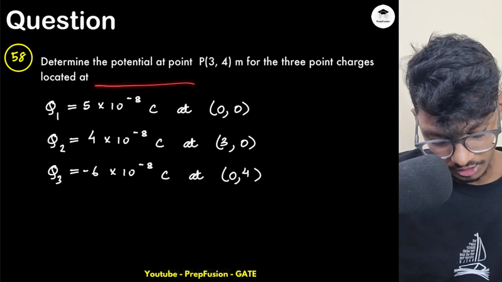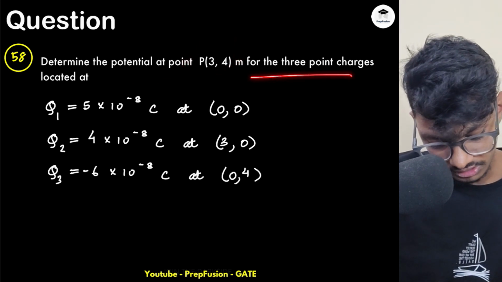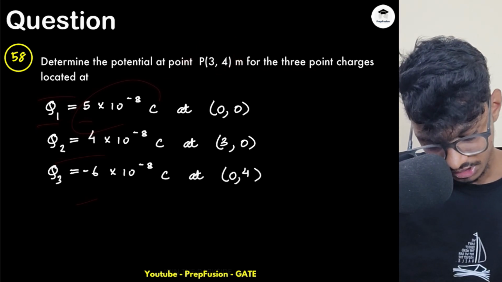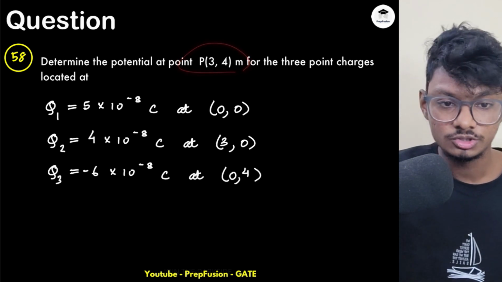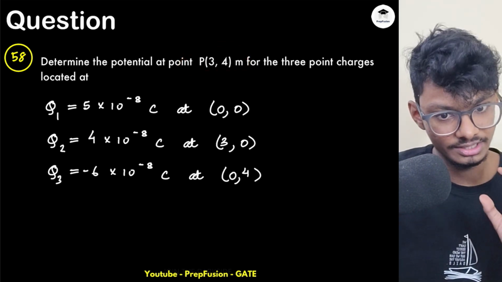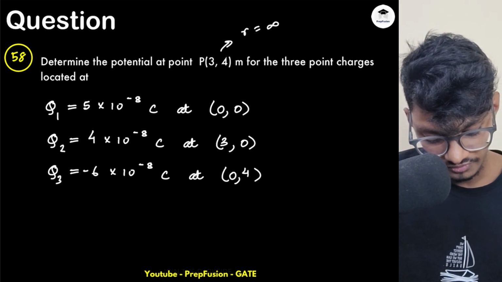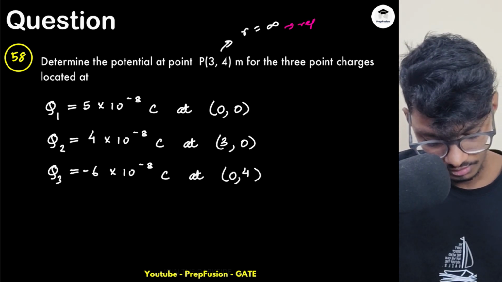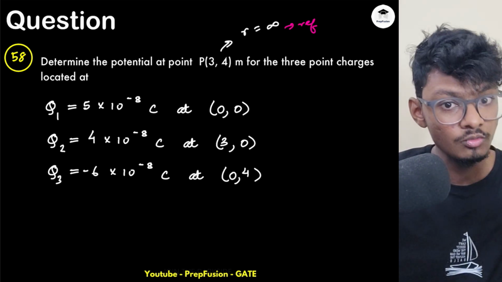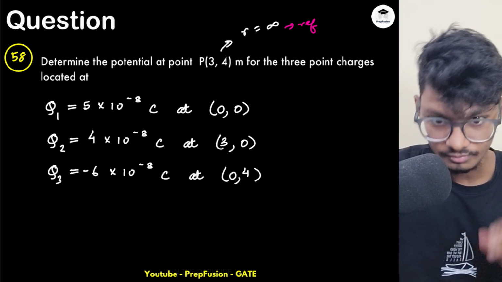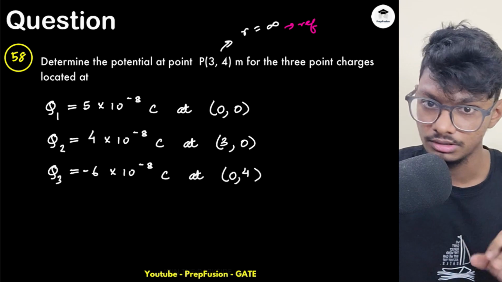Determine the potential at a point P(3, 4) for the 3 point charges located at Q1, Q2 and Q3, as shown. Potential at a point here. So whenever they have mentioned potential at a point, we'll assume r equals infinity as reference. What do you mean by reference? I know how to find the potential due to a charged particle, that is, it is q upon r square, right? So what I will do,